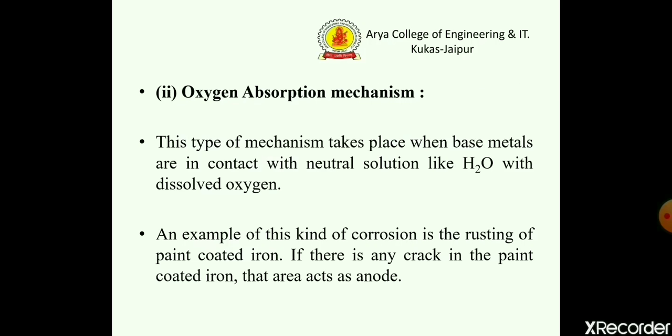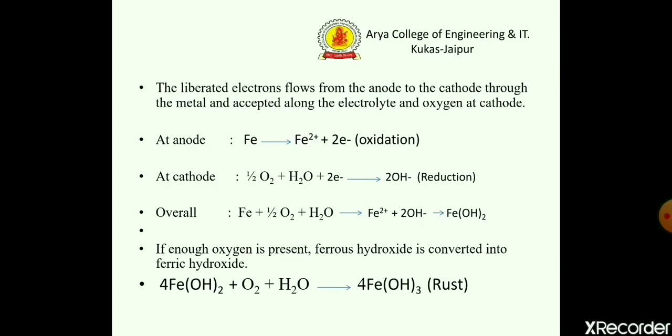Second is oxygen absorption mechanism. This type of mechanism takes place when the base metal is in contact with a neutral solution like H2O with dissolved oxygen. An example of this kind of corrosion is rusting of iron. If there is any crack in the paint coated iron, the area acts as anode. The liberated electrons flow from anode to cathode through the metal,